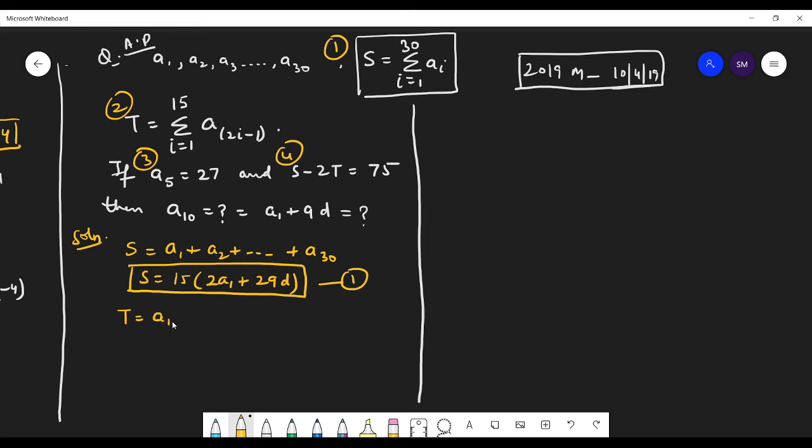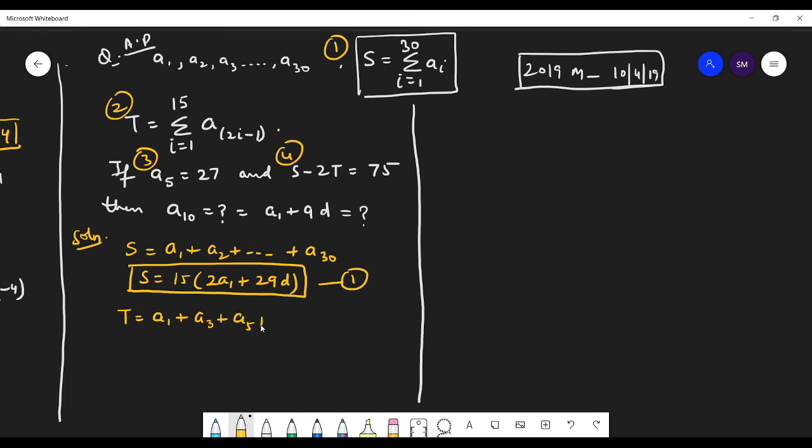Yes. A1 plus A. Yes. Students, see here, plus A. Yes. Very good. So A is equal to 1, so 2 minus 1 is 1. Now next you put I is equal to 2. So 2 to the 4, 4 minus 1 is 3. Very good. Now put A is equal to 3. 3 to the 6 minus 1 is 5.